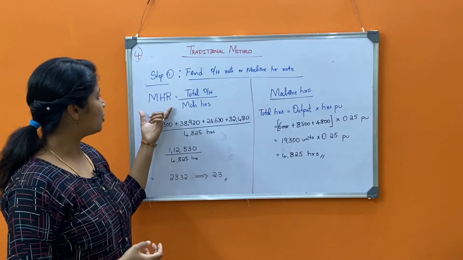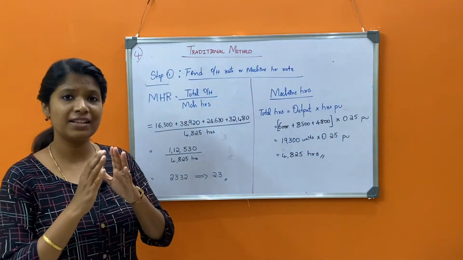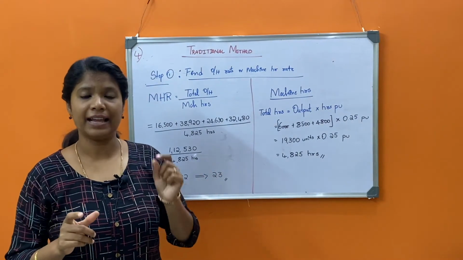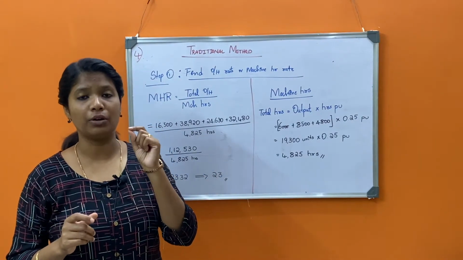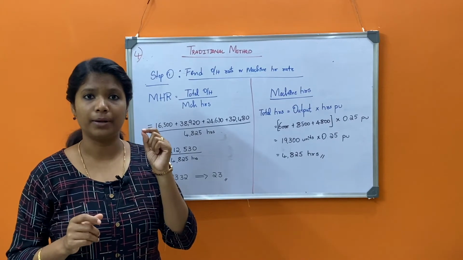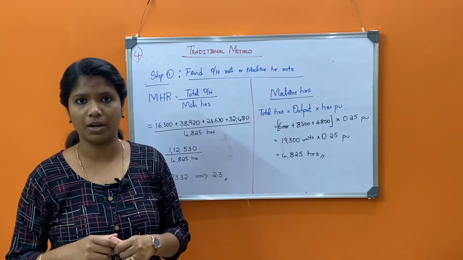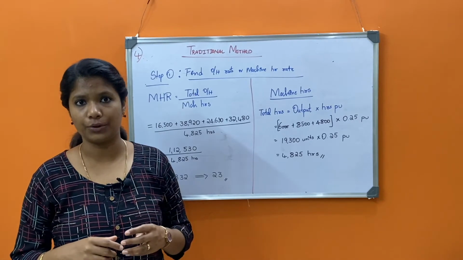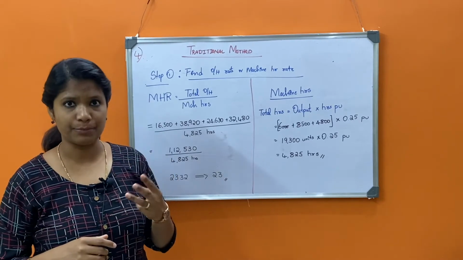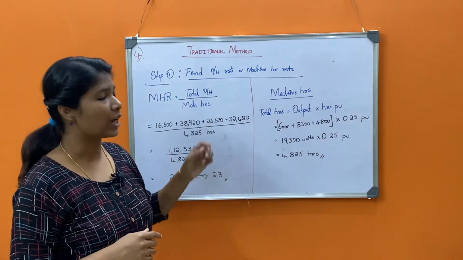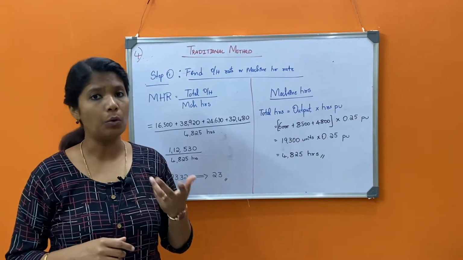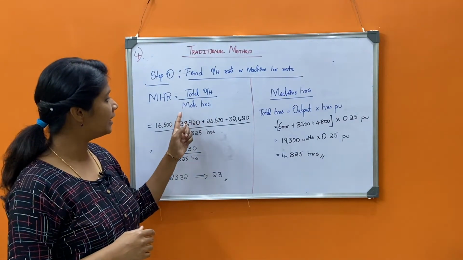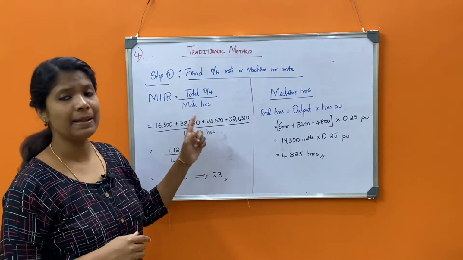Starting with machine hour rate, this question has given a wide range of details in the first box itself: materials per unit, labor hours consumed, or machine hours consumed per unit of production. In this question we have 3 different products, A, B and C, and we start with the machine hour rate or overhead rate. What is the formula? Total overhead divided by total machine hours.